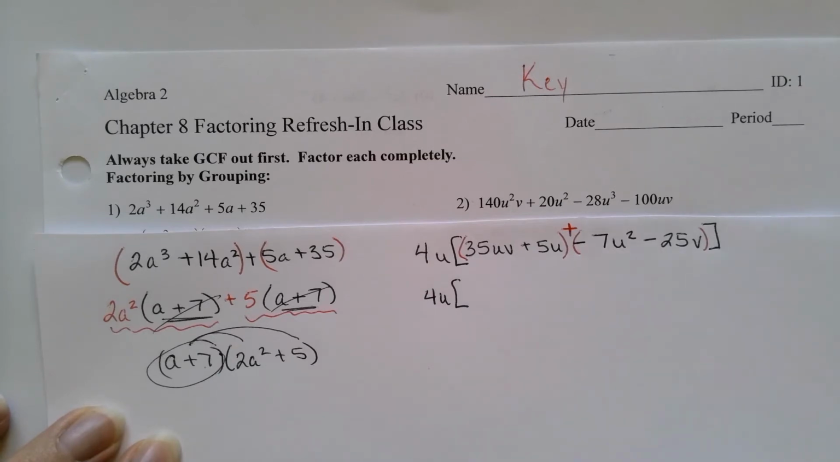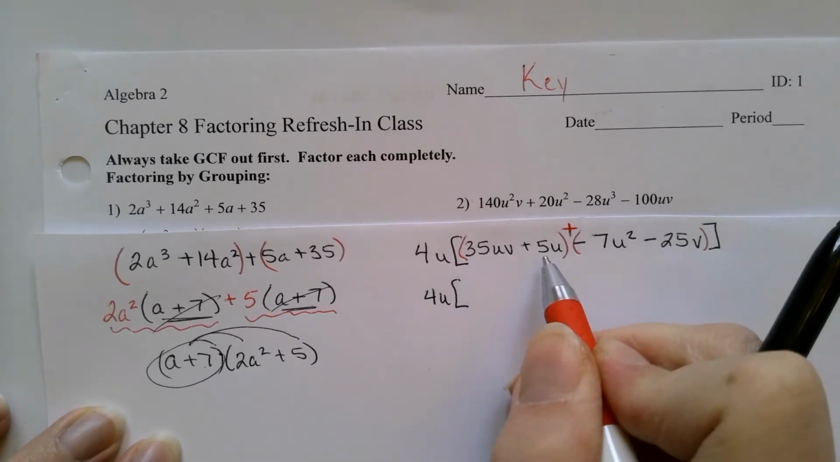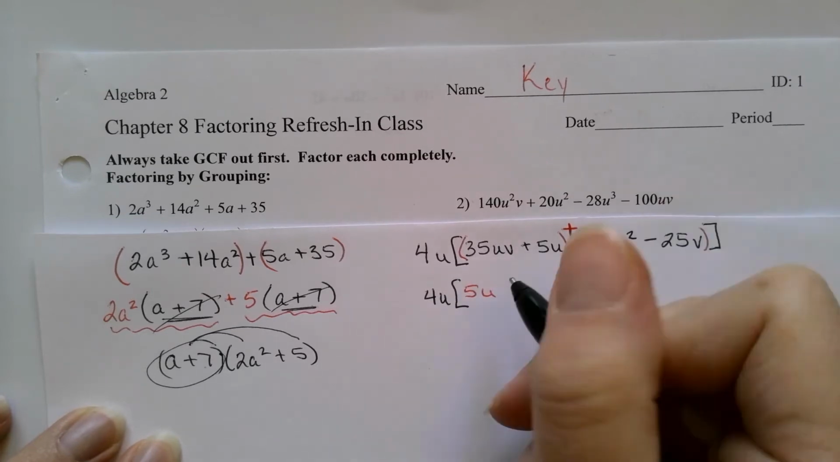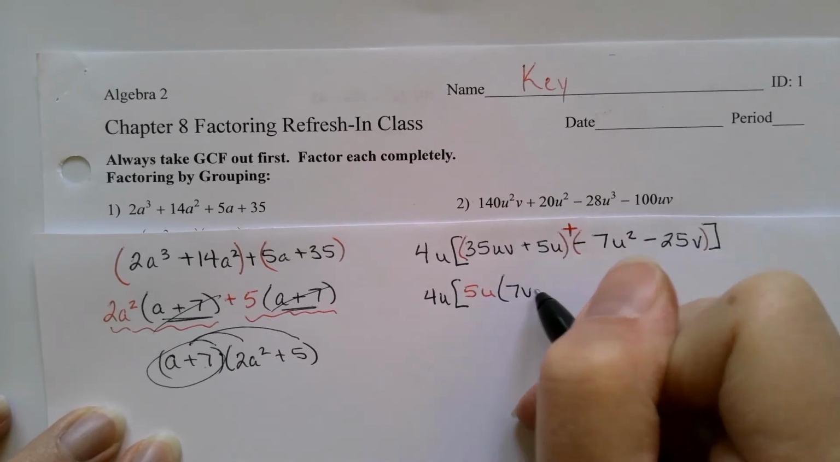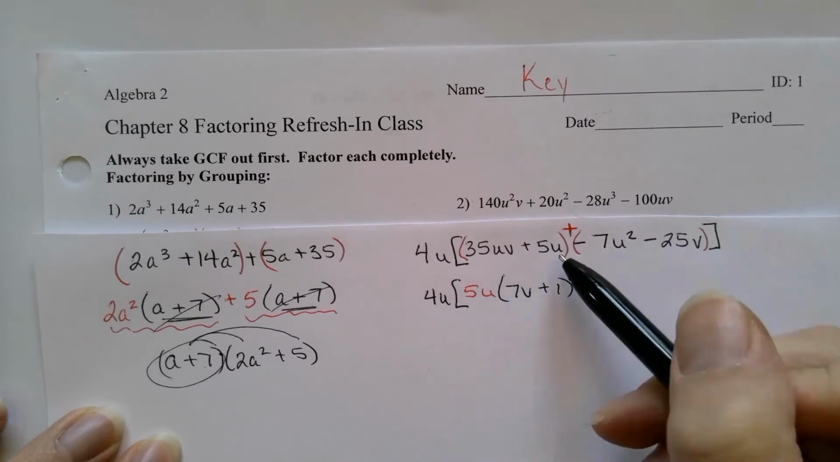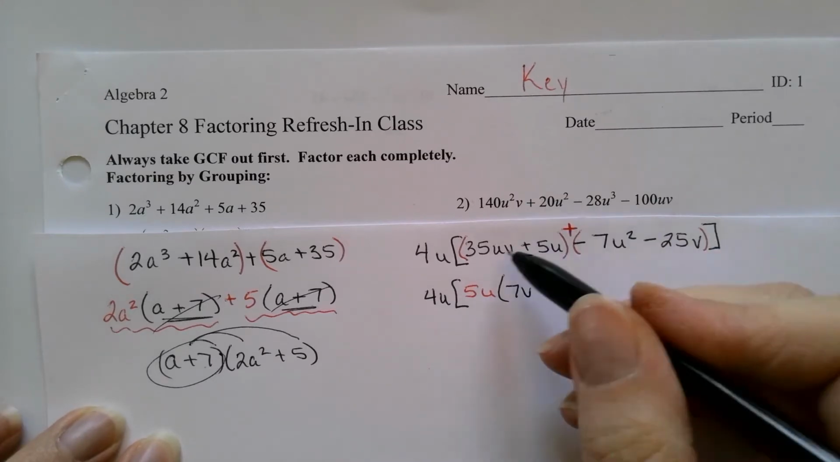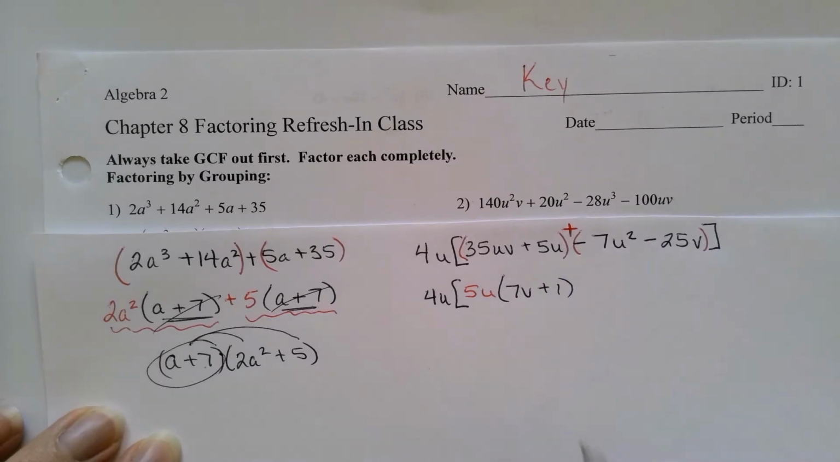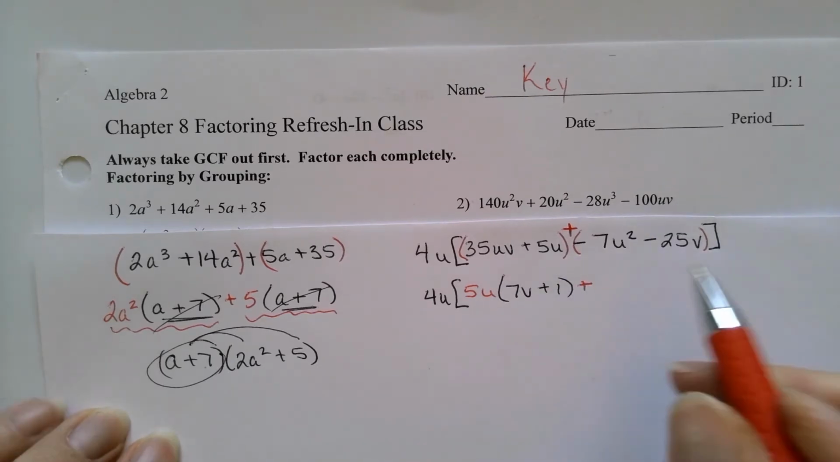So what do these two terms here have in common? They have a 5u in common. What's left? 7v plus 1. And that's one of the mistakes we make, is we forget that 1. So if I have two terms, I should always have two terms to redistribute and get my 5u. I'm going to bring down my plus sign, and these two